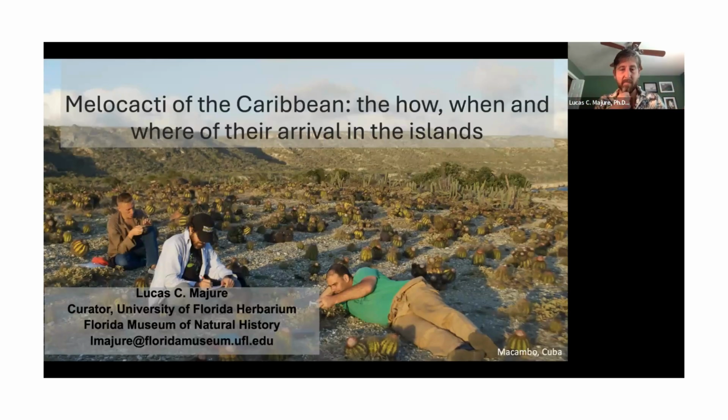So with that, I guess I'll start off with this first slide that I wanted to show you. This was back in 2018 when we were doing work across the island of Cuba. And these are a couple of colleagues of mine in the front part of the photo, Duniel Barrios and Edgardo Diaz. And this was one of the most amazing scenes I had ever encountered in terms of numbers of individuals of Melocactus. This is the species Melocactus harlowii from the Guantanamo area of Cuba, an absolutely phenomenal place to see species of Melocacti. And Cuba is one of those places that has, as I'll show you a little bit later, one of the highest numbers of species specifically within the Caribbean.